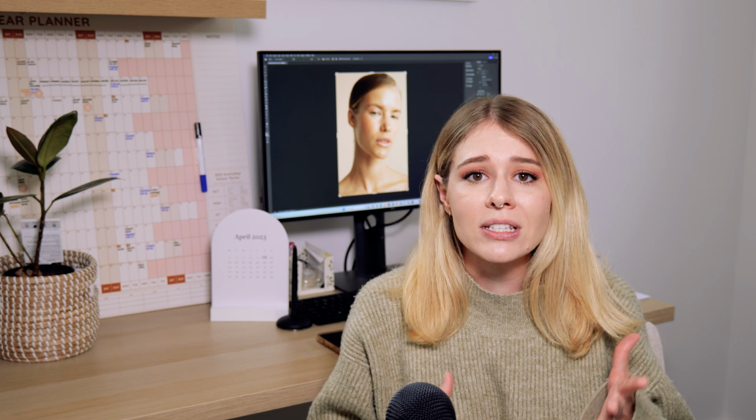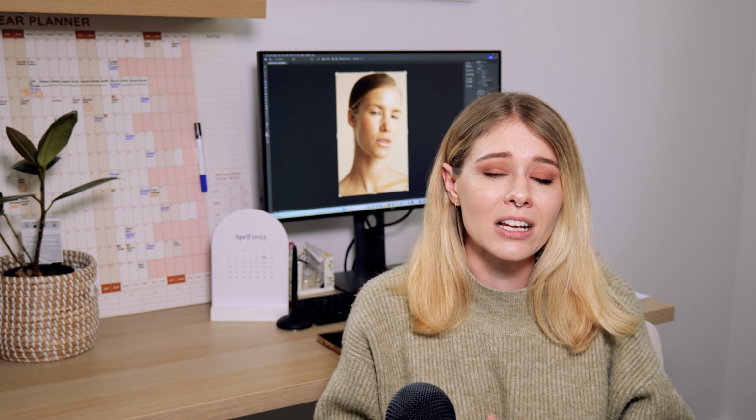And if you want to make your workflow a little bit quicker these days, these tips will hopefully help you with that. We're really going to cover some of these aspects today of how you can make it a lot quicker for yourself. So we're actually going to jump straight into the video now, guys, and I hope you really